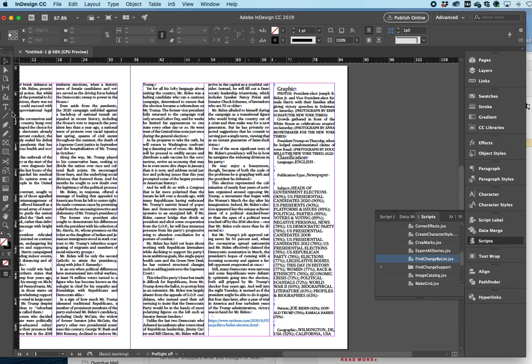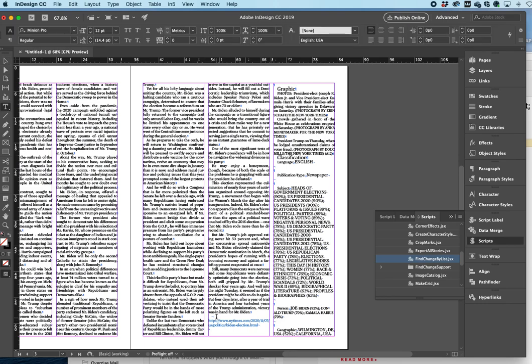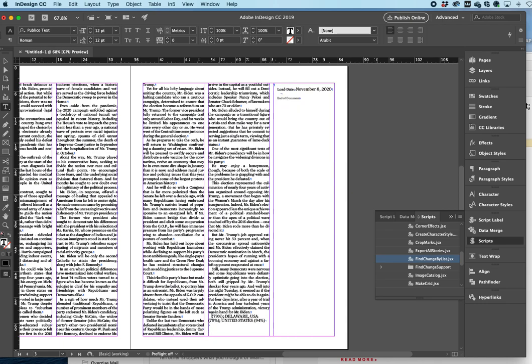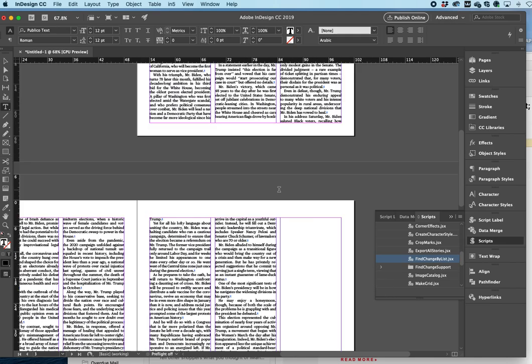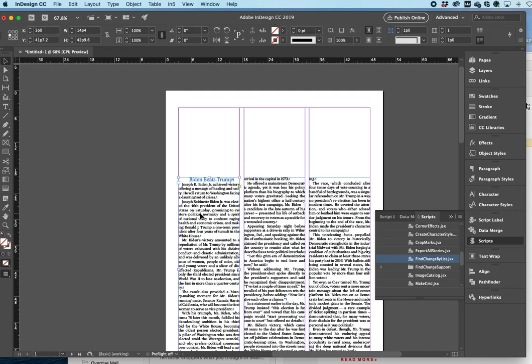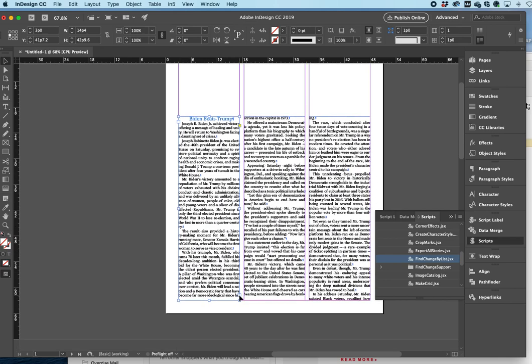And we come to the end of the article and there's a little bit more junk. Let's just get rid of that junk. And there it is. So now I want to make this page look like the start of an article. So in addition to flowing text forward, I can actually also flow text backwards by clicking on the corresponding box. There's one here for the flow that way, and there's one here for the flow backwards.